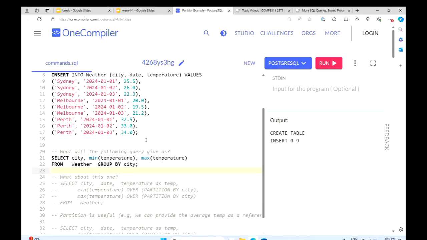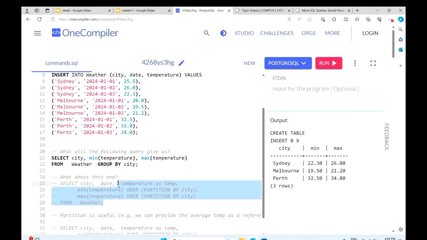This one is to show the minimum and maximum temperature for each one of the cities. Let's run this query. As you can see here, this is the result, and that's about grouping.